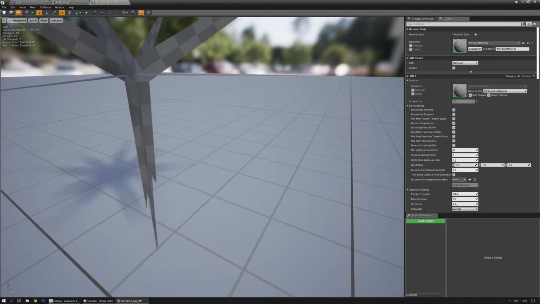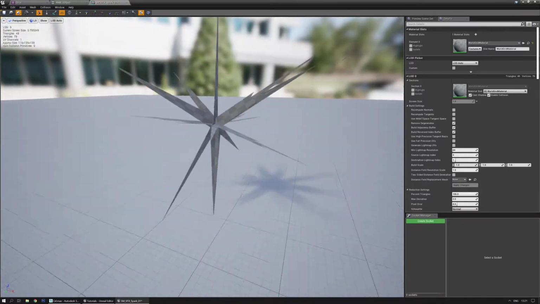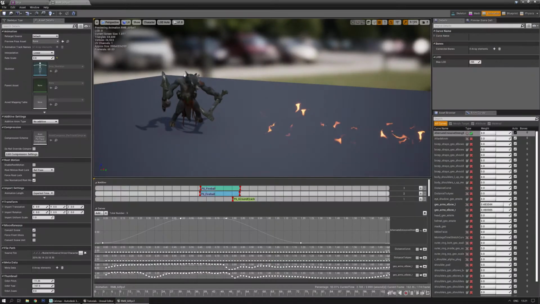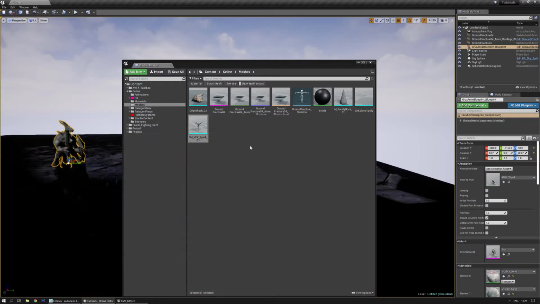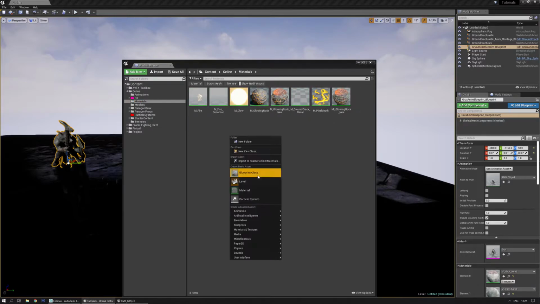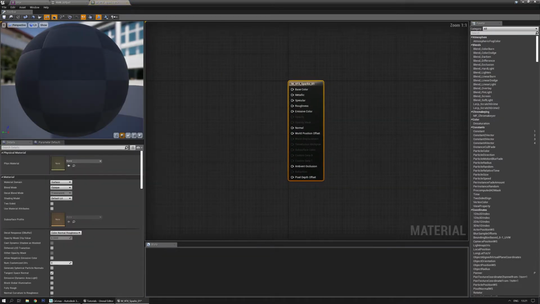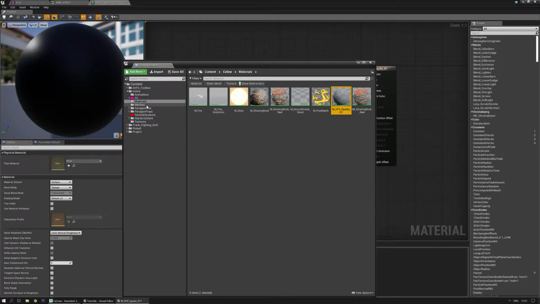I'm gonna double check, and that looks like a nice spark without a material. So let's make a material for that. New material. VFX, that's the way I call them, so it helps me finding content much easier. Then Sparks 01. I'm gonna grab that static mesh,